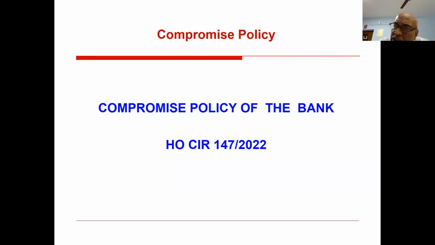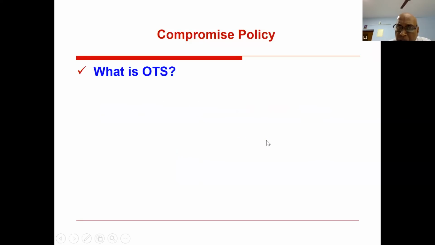Now, in this loan recovery policy, if the bank is not able to recover the amount by following any of the methods, it will go for a compromise with the borrower. Okay. The compromise policy or the OTS policy is given in the loan recovery policy of the bank, HO circular 147/2022. Okay, sir. Now, besides this normal loan recovery policy of the bank, every year the bank will come out with various